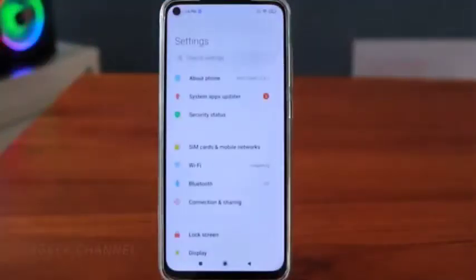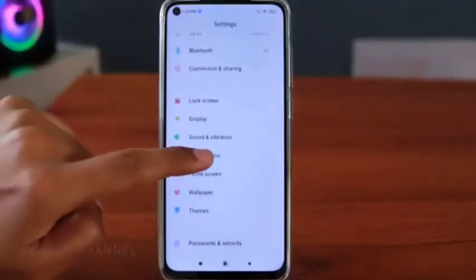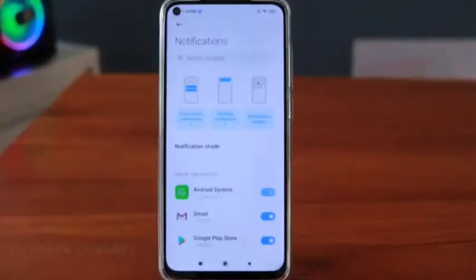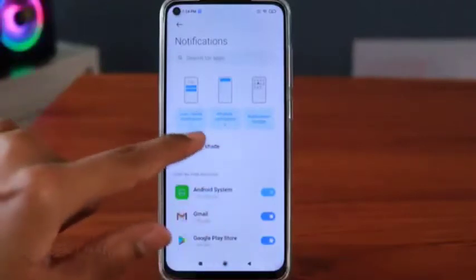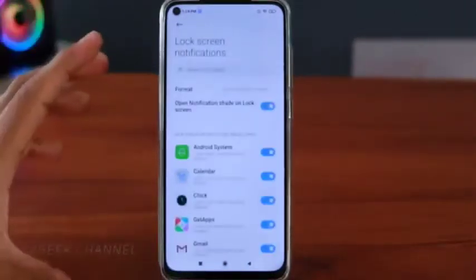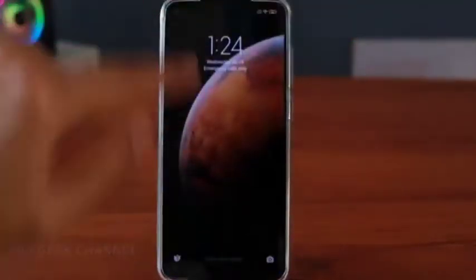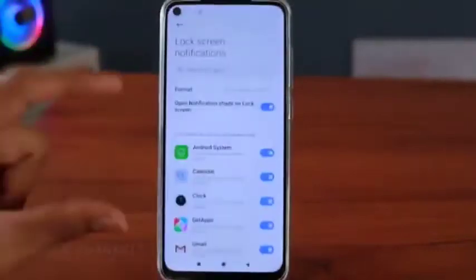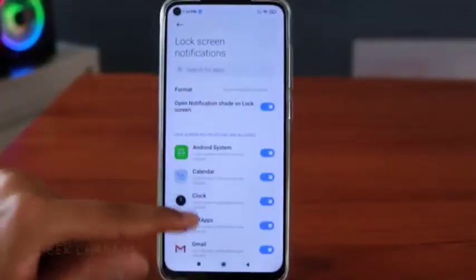Let's go to settings and notification. Here you'll find some nice features as well. As you can see, there are three things that you can actually customize, like lock screen notifications, how you want the notifications to appear when you just lock the mobile and go to lock screen. This is where you will see notification, and how you want that to appear. You can just go ahead and change everything here.